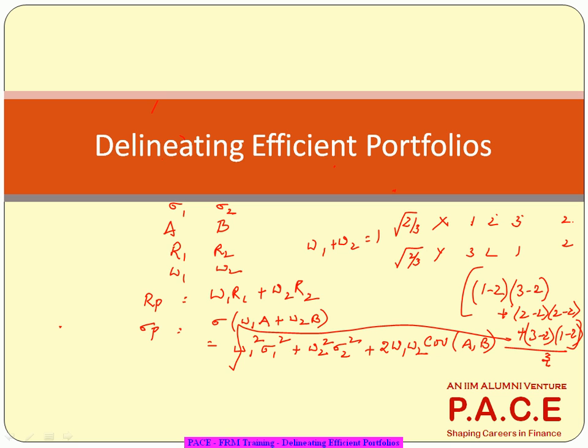That's where when I combine the two securities, the return wise it's still a weighted average of the returns, but the risk wise there is a lot of dependency on the covariance that is existing between the securities, right? So let's try to compute the same stuff, and covariance wise there is one more relationship. Covariance also comes out as correlation multiplied by the standard deviation of these two stuff. So it's nothing but correlation is nothing but